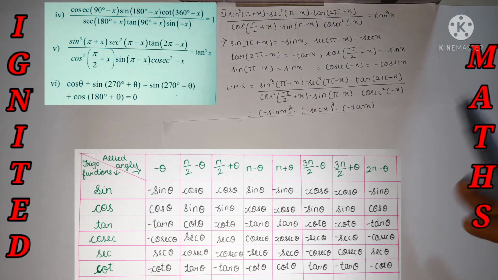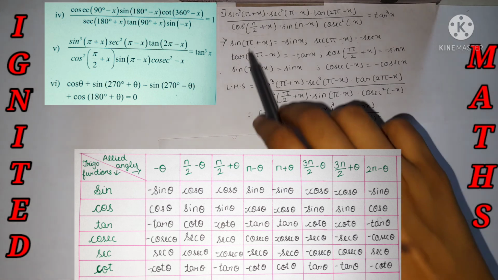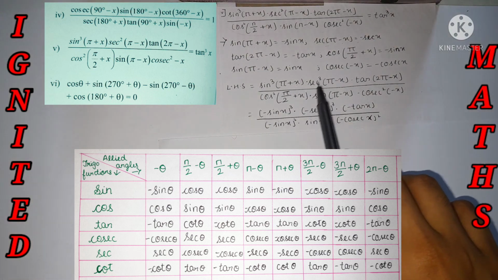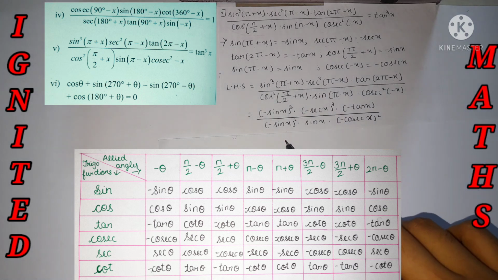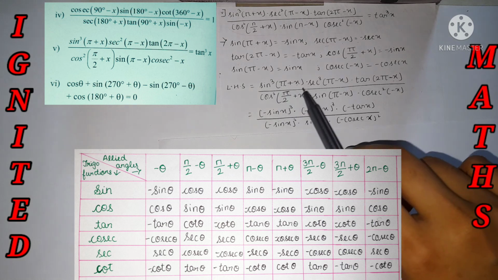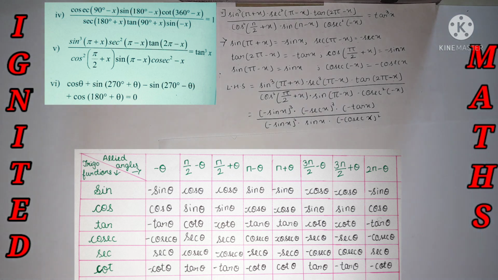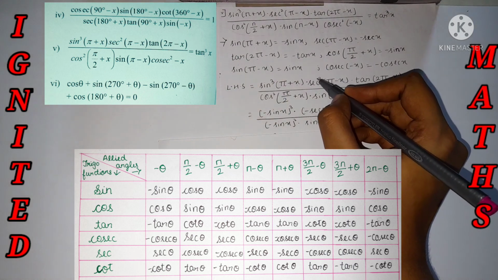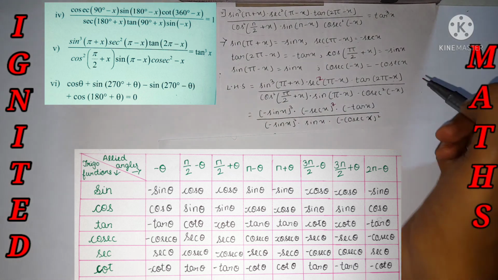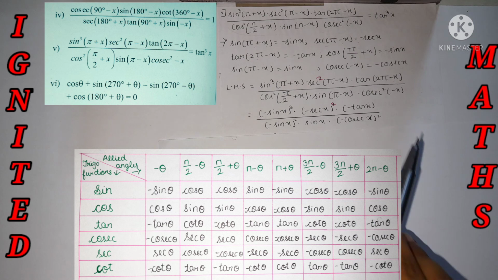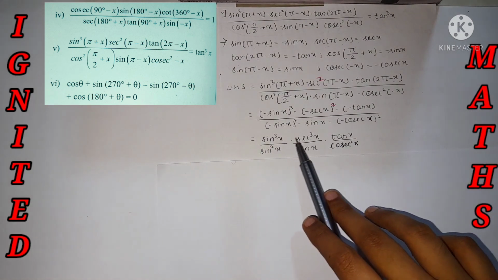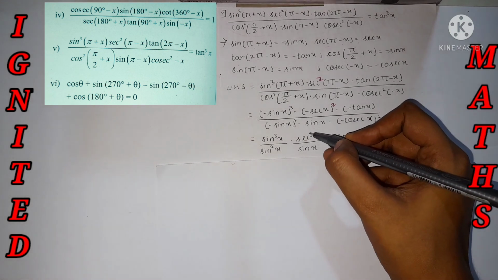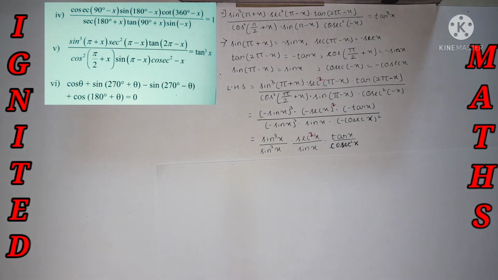I took the LHS value and found sin(pi plus theta), sec(pi minus theta), tan(2 pi minus theta). I have already found it. I have put it over here, and I have not left out the cube and square; I have represented them too. The rest of the procedure was the same. Doing the calculation, we will be getting sine cube x, sec square x, and tan x divided by sine square x, sin x, and cos square x.